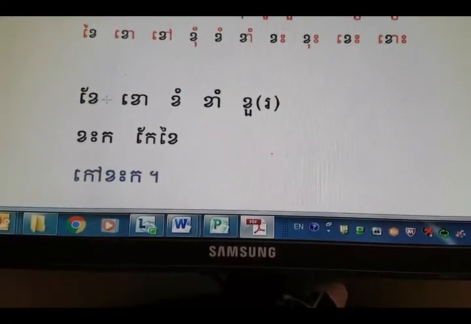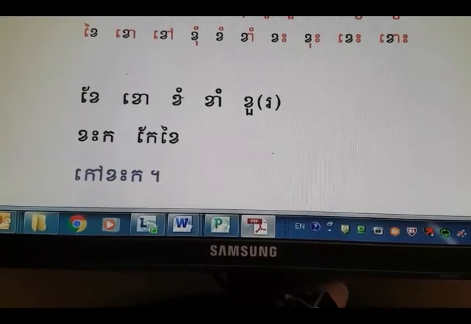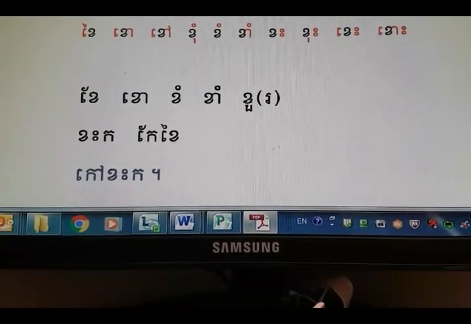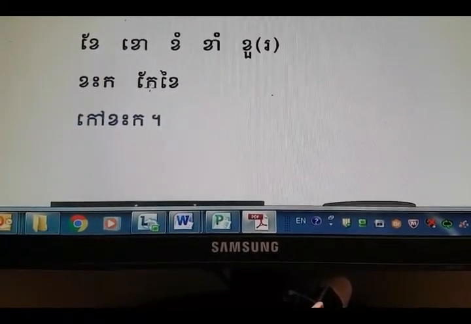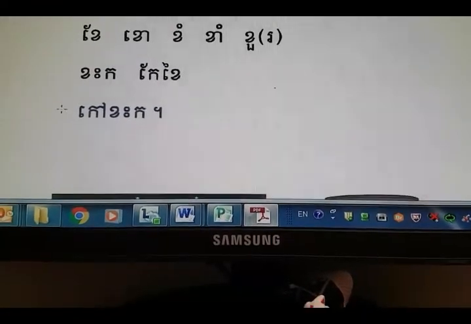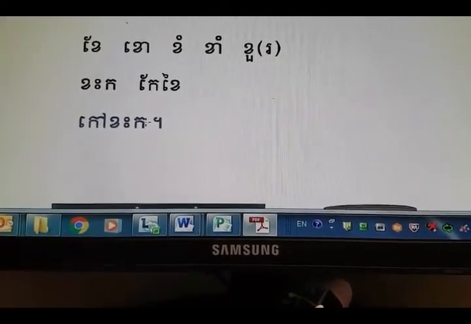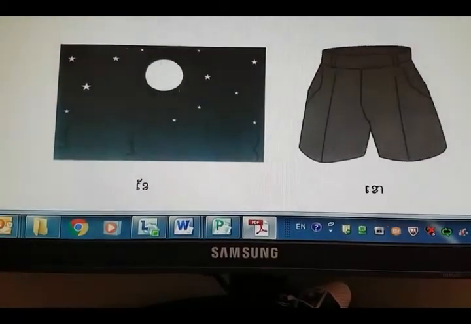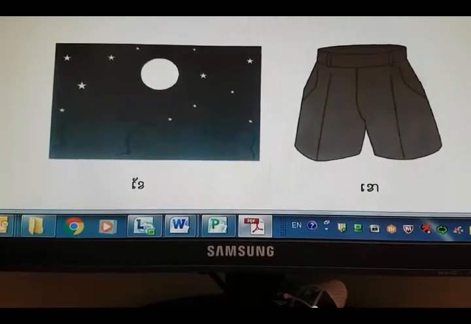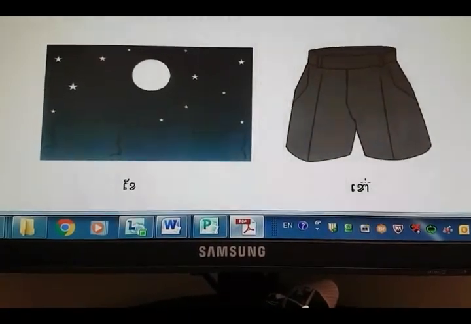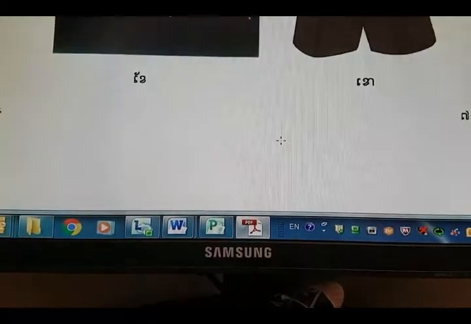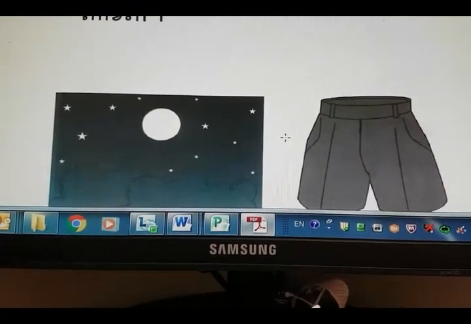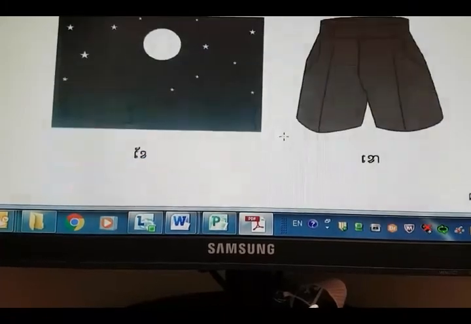So here's some pictures here. So khai means moon, here, khai. And then cow here means pants, your pants, but cow. Okay, so I hope this will help you with learning the reading lesson here. Okay, so now